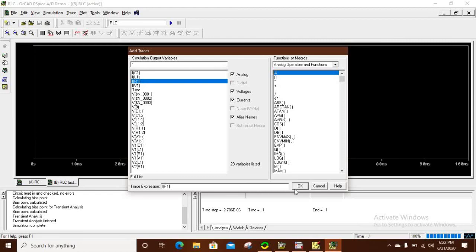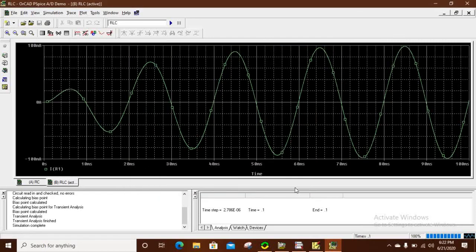I will plot the current of the circuit. The initial portion doesn't have constant values, and finally it gets the actual sinusoidal form. This is because of the transient characteristics of capacitor and inductor. And in this portion, the curve is mainly the solution of the differential equation, and finally it is the sinusoidal curve.